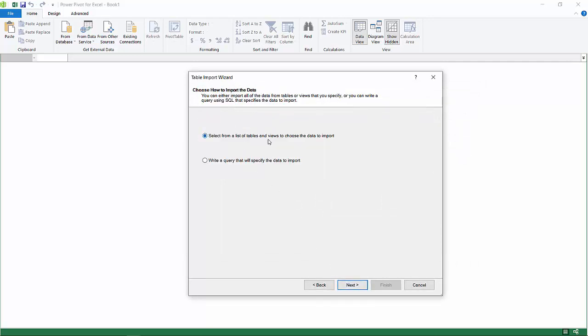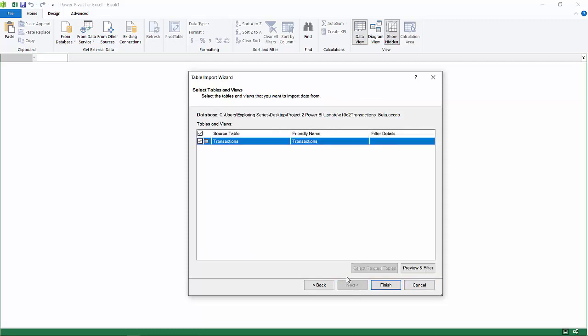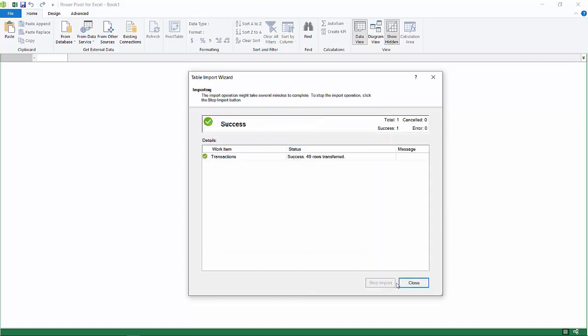And it's going to ask me how I want to pull. Do I want to write a query, right? So I can write an SQL query to specifically pull data, or do I want to just pull an entire data table from the database? We're just going to pull a table from the database. There's only one table in it. We're going to click Finish, and we'll just go ahead and pull that